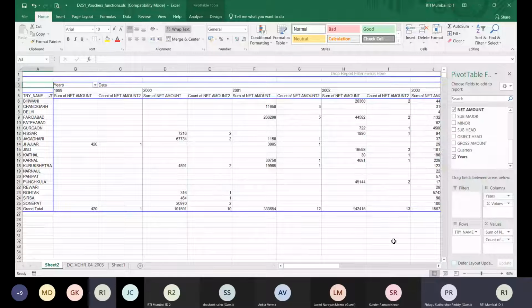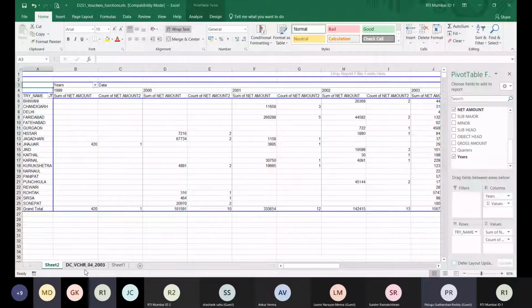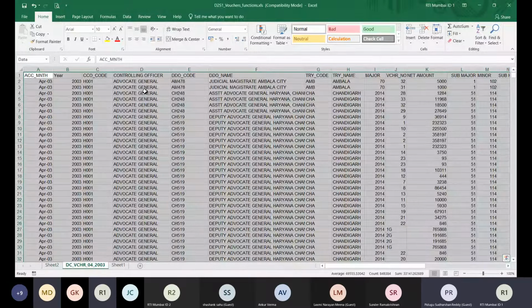I hope pivot table आपका समझ में आ गया होगा। तो अगर उसमें कुछ डाउट है तो पूछिए, नहीं तो फिर मैं आगे और भी 2-3 चीज बताना चाहता हूँ। आर यू गेटिंग दिस? यस यस सर।